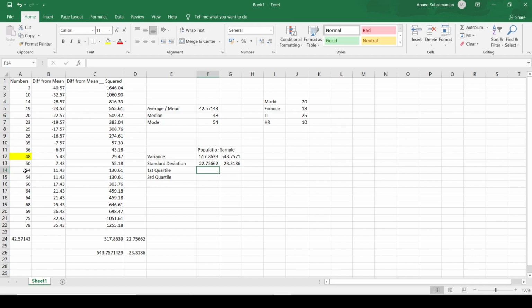Before that, let me again explain. To calculate the median, what we did was we sorted all these numbers in a particular order, and whatever number was in the exact center of that array, that was the median.